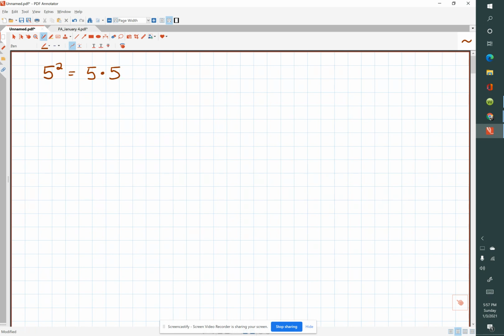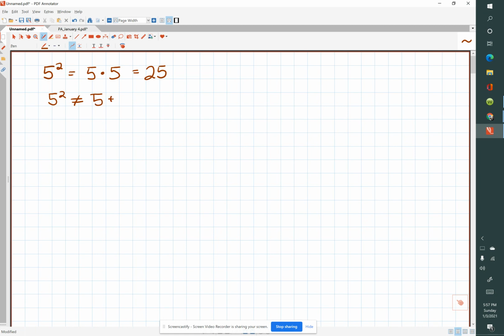Remember, I don't like to use x generally for multiplication. I like to use that little dot. And what is 5 times 5? That's 25. Also a perfect square. We'll talk about those next week. 5 to the second is not